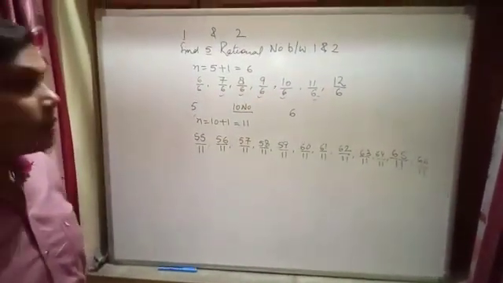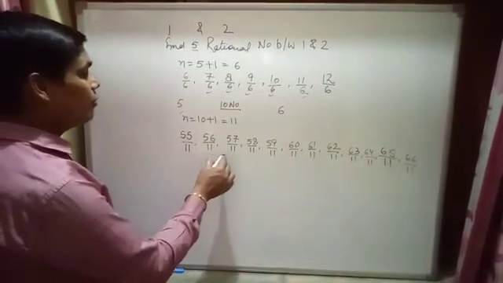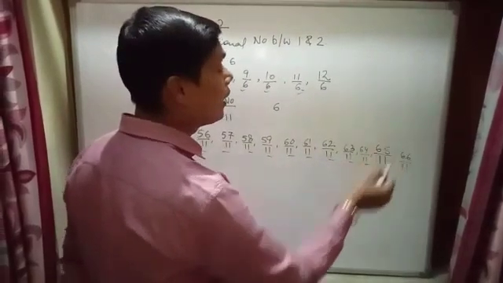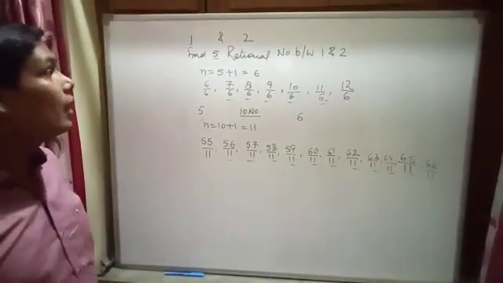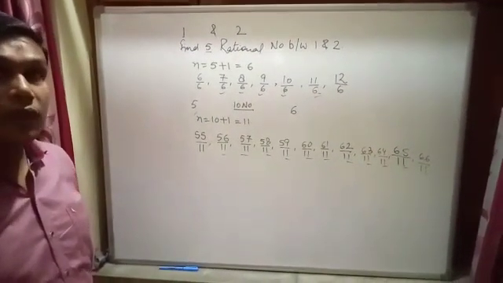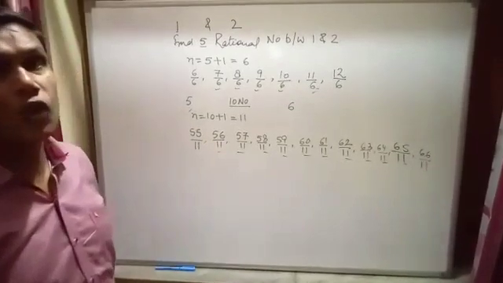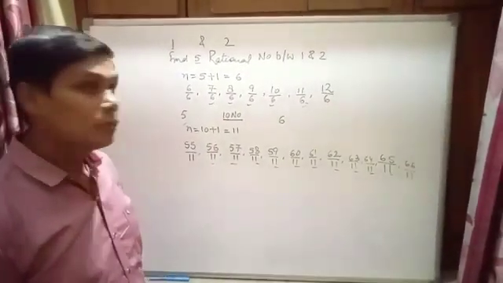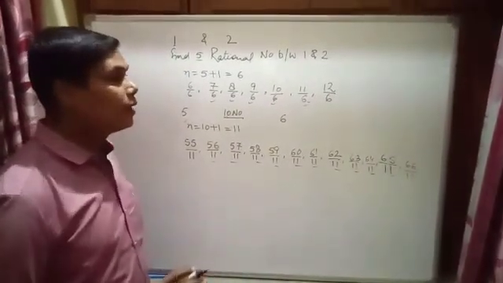You have got the 10 numbers between the given two numbers, 1, 2, 3, 4, 5, 6, 7, 8, 9 and 10. This is a simple process to find the numbers between two given numbers. This is a very simple process. A lot of processes are there, but this is a very simple process. You will get the answer. Okay.